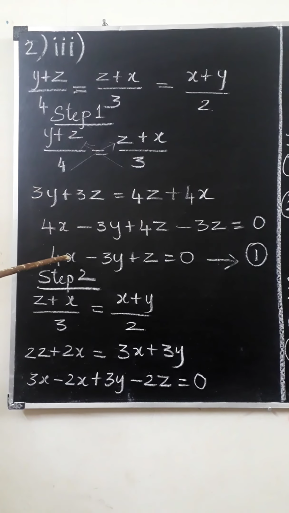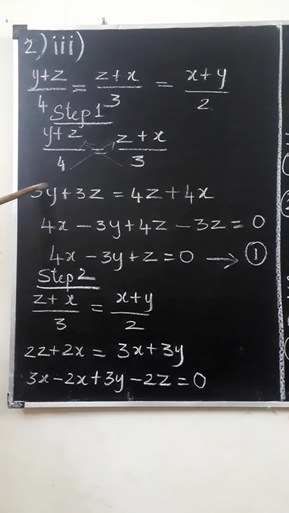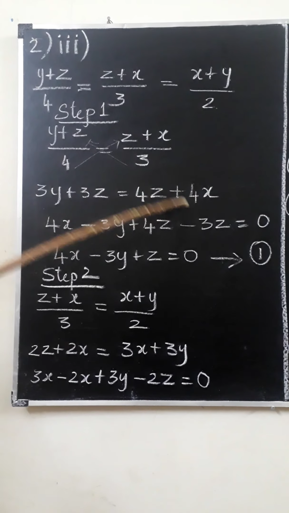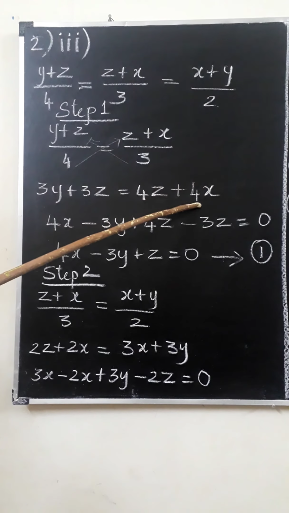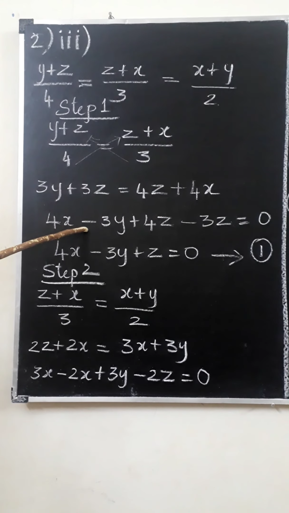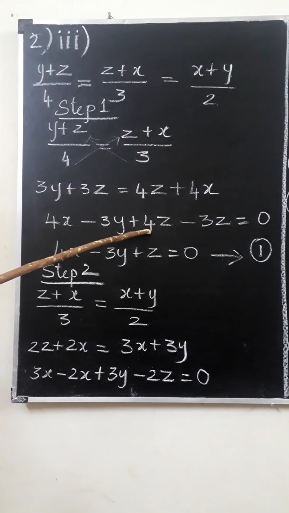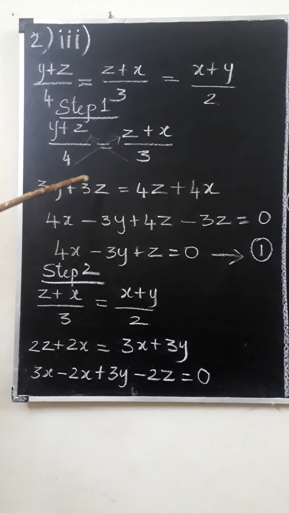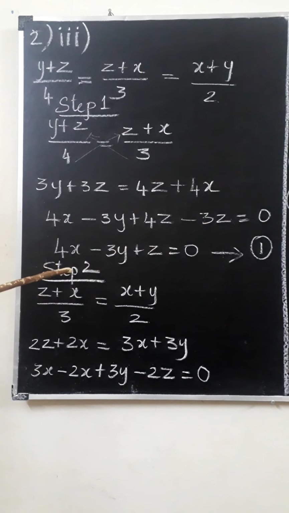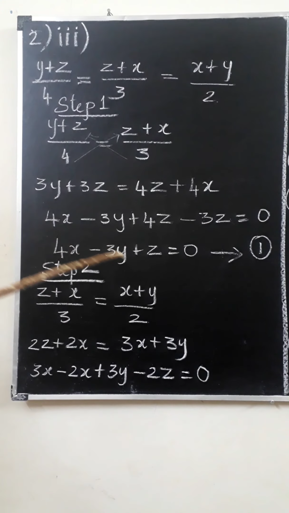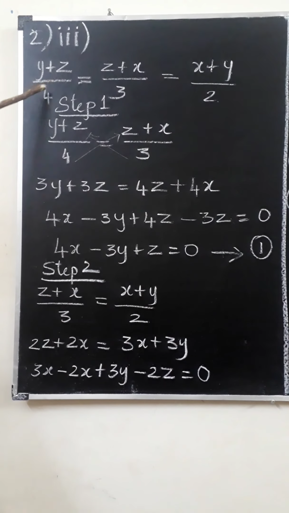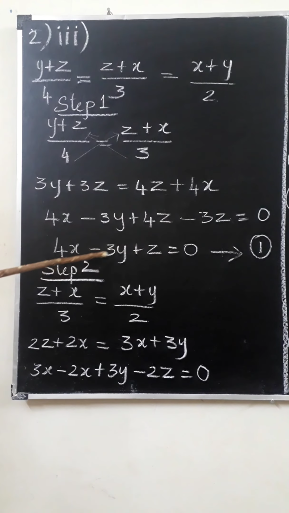Then change it into a proper equation, x is there, so bring these two terms to the RHS. Always try to keep x in plus. So x is there, bring y and z to that side, then it is 4x. 3y is going to RHS from LHS, it is minus 3y, and 4z is already there in the RHS, so it is plus 4z. 3z is going to RHS, it changes in sign, minus 3z. When you are simplifying that, we get the first equation, 4x minus 3y plus z is equal to 0, which is the first equation. So by taking the first two terms, we have derived the first equation.